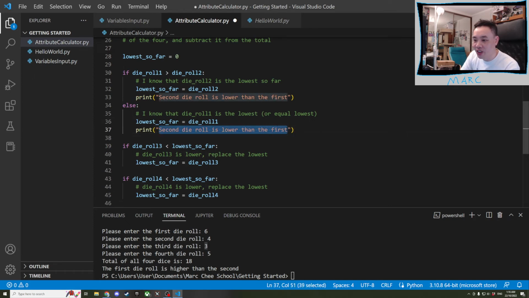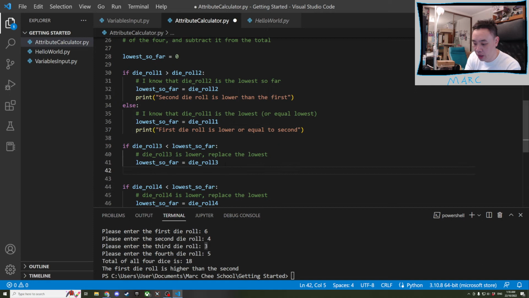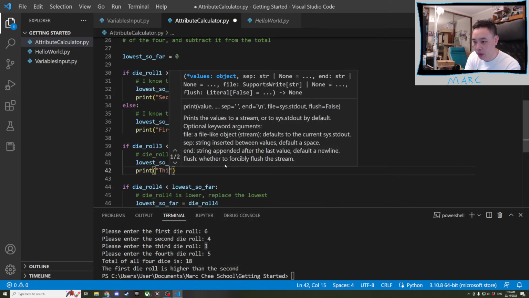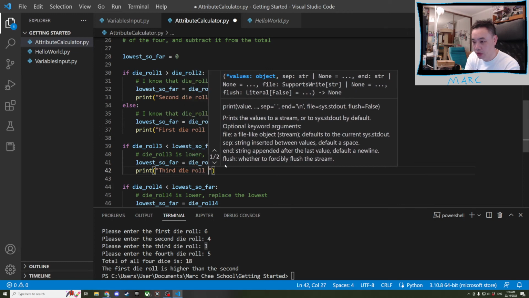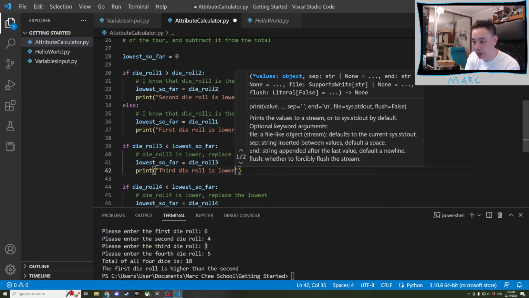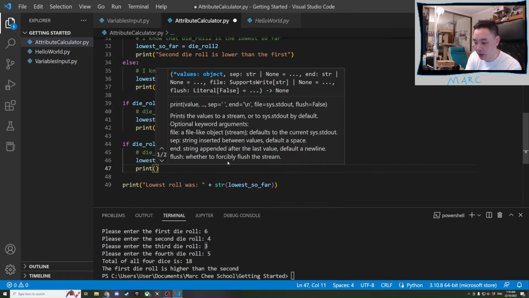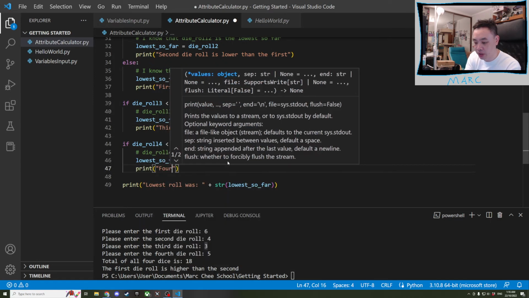I didn't really need to copy paste that. First die roll is lower or equal to the second. Here I will print out third die roll is lower. I probably don't need a super amount of information. That's probably enough information. This is fourth